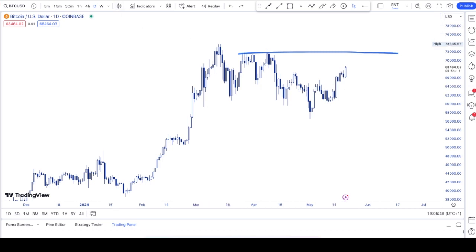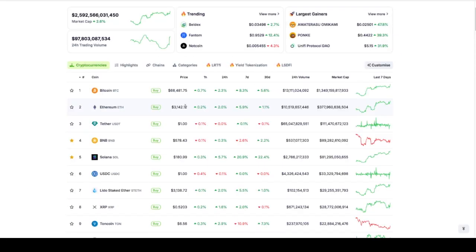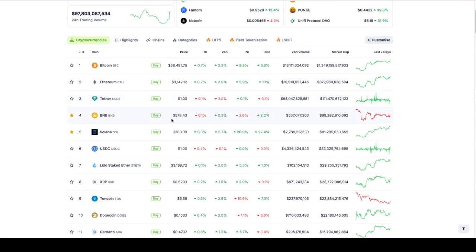When I talk about being positioned in the right place, let's quickly head over to the crypto market and see what is going on. Now, the crypto market cap is $2.5 trillion. Now, that's a lot of dough. A lot of dough. Now, we look at Bitcoin, we can see Bitcoin's up 2.3% for the day. Ethereum's up 2% for the day, we can see BNB, that's Binance Chain, hasn't moved much, and Solana is up 5.7% for the day.